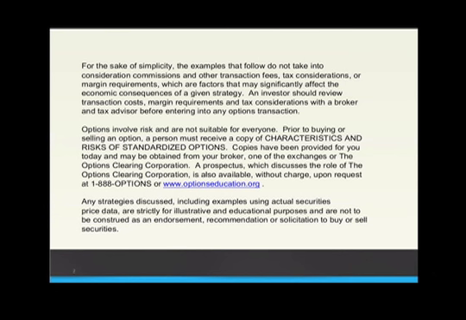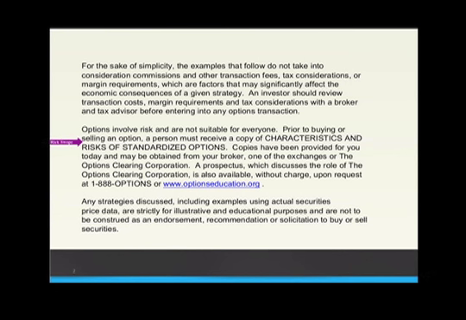Yeah, and while Shawn was doing that quick intro, I also left the slide up here that you guys have been taking a look at, and I'll give you a moment to read that. This will be in the archive and the recording also, but I do want to encourage you to take a look at the publication entitled Characteristics and Risks of Standardized Options. That's available through your broker. So take a look at that.